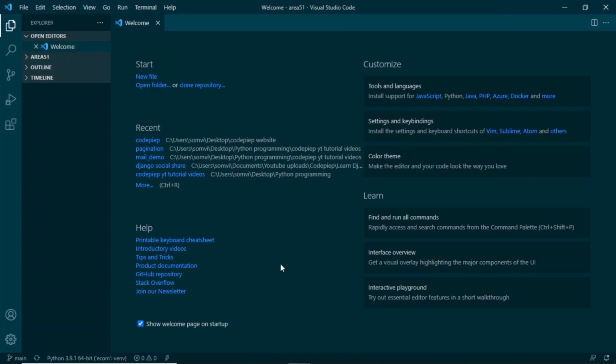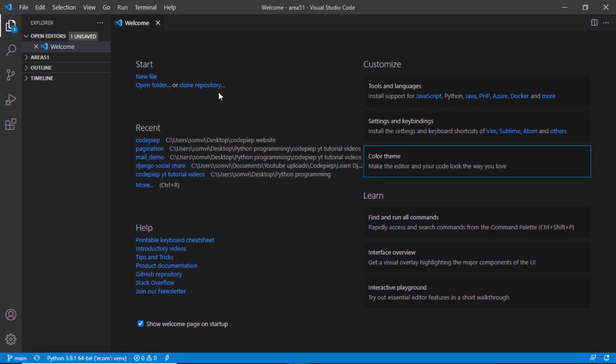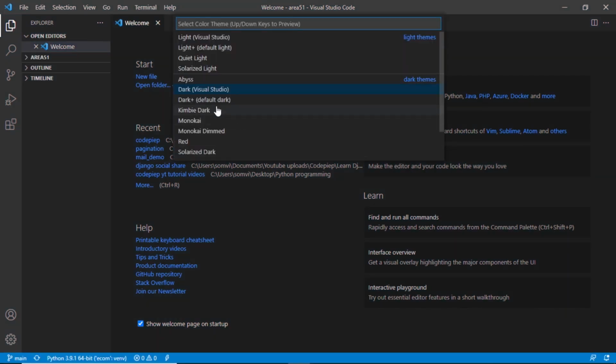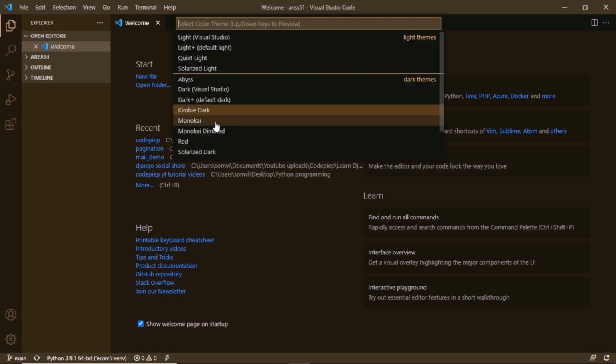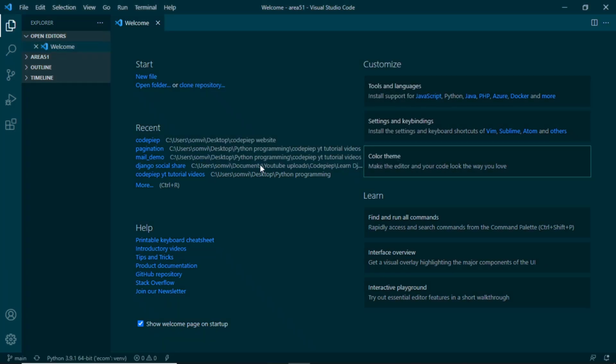So this is the initial page which VS Code will show. Actually, I have reinstalled the VS Code, so I am able to see some of my previous settings and folders. But this side is initial for everyone. So let me tell you what all you can do when you are installing or initializing the VS Code for the first time. First of all, you can go for the color theme. There are different color themes. If we go for dark, if we want some other theme, we can go for it. Let me go for this only.